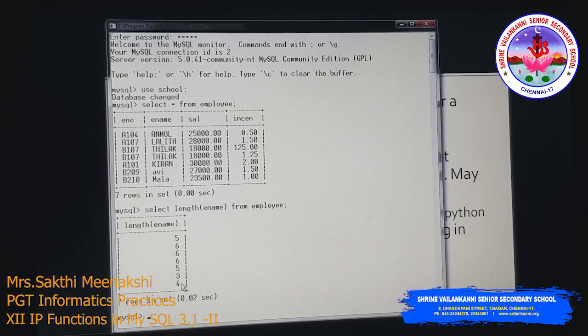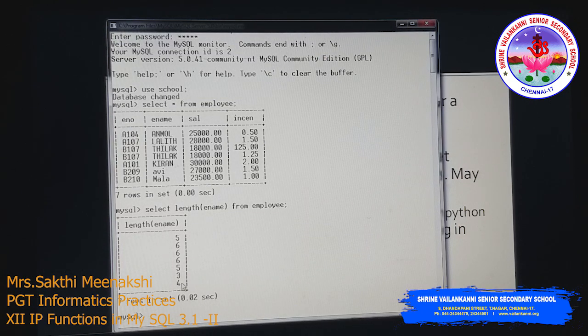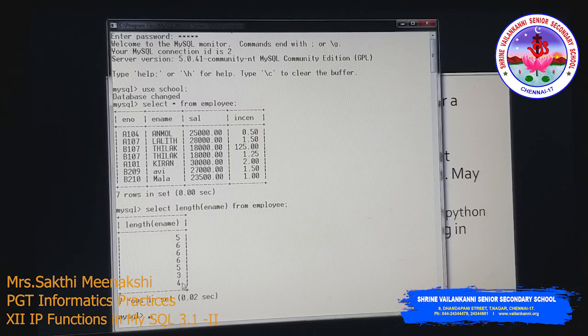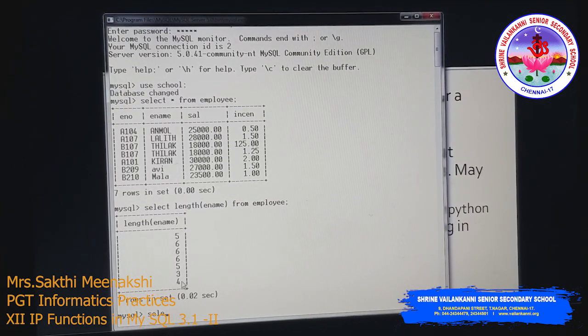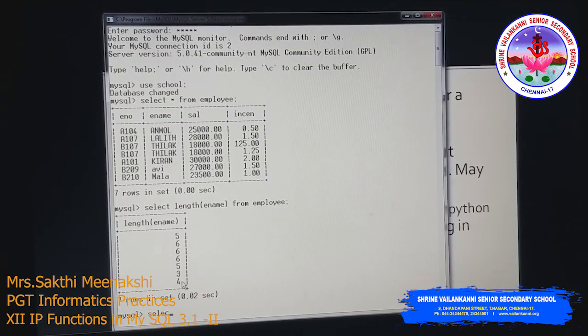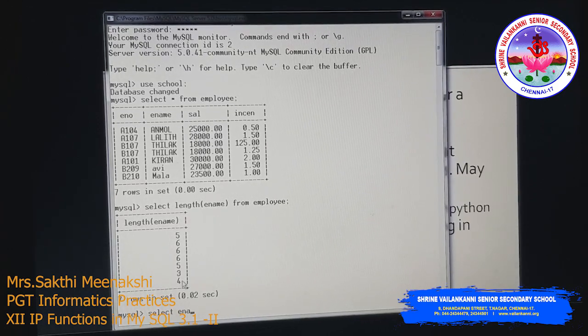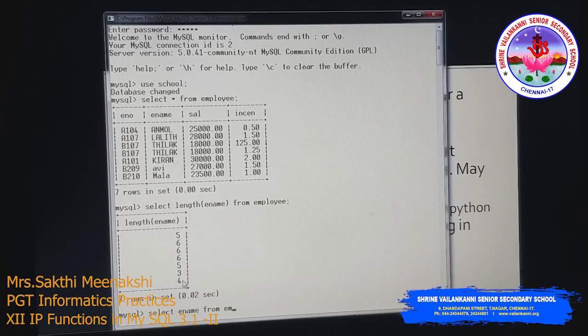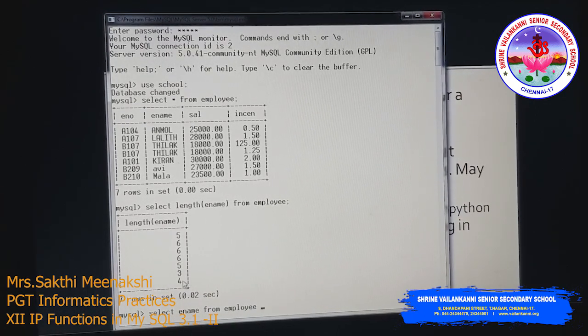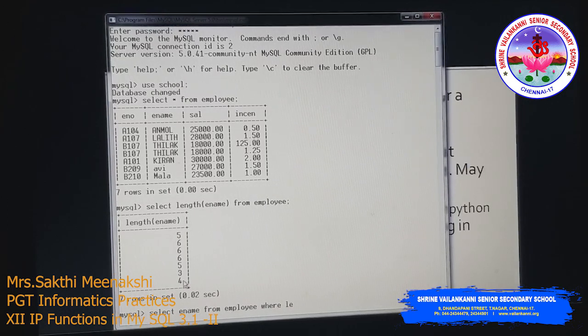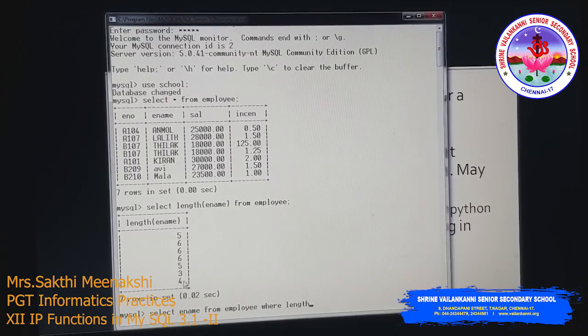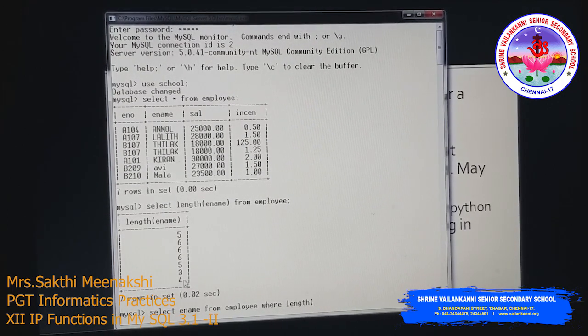You can use it along with the where clause also. For example, if you want to display the names which are less than 4 characters long, how do you write the query? Select ename from employee where the length of ename is less than 4.